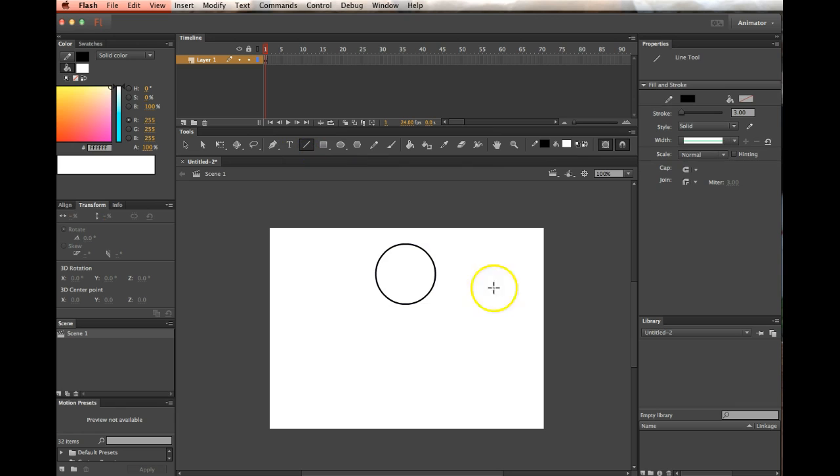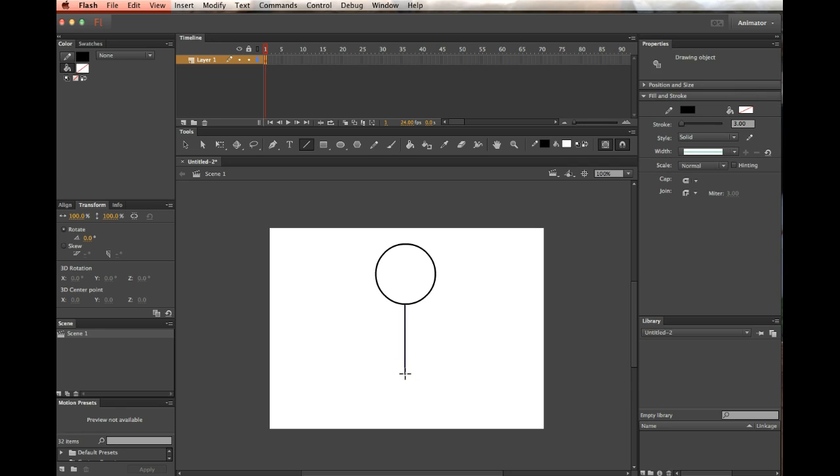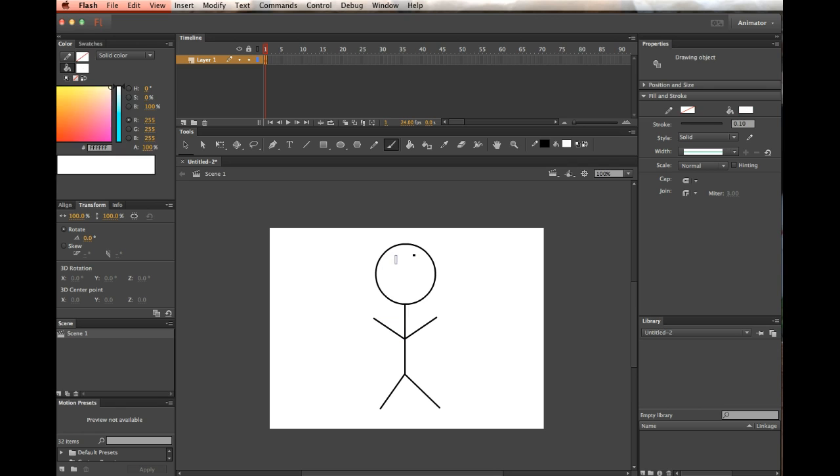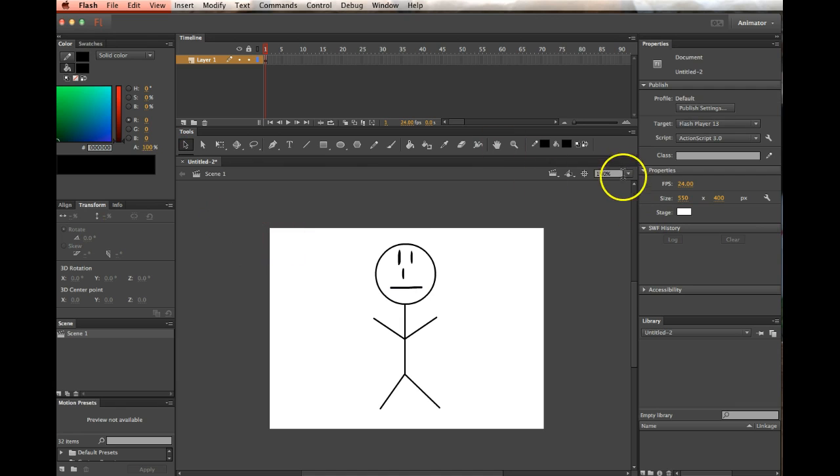I'm going to use the line tool, object drawing turned on. It's just a very basic stick figure. Okay. Okay, next, if I zoom in